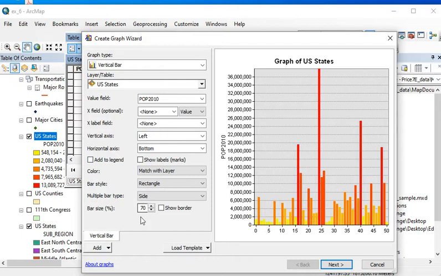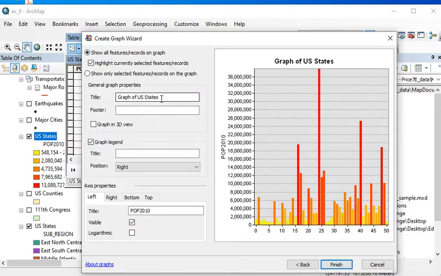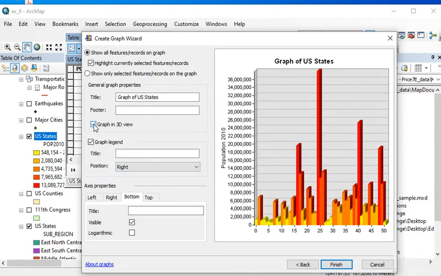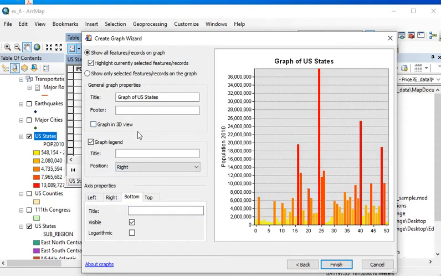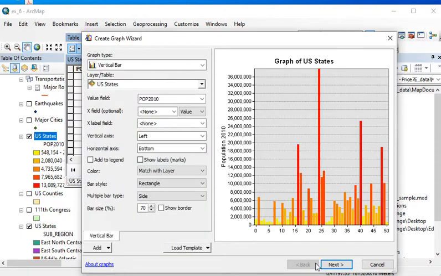I can go over here to next, and then I can change the title of the graph. I can choose population. I could make that a real word, population 2010. At the bottom I could add state values or something like that if I wanted. You can choose a little 3D view, which I think is distracting. So you can choose a lot of different options here, and then when you're done,